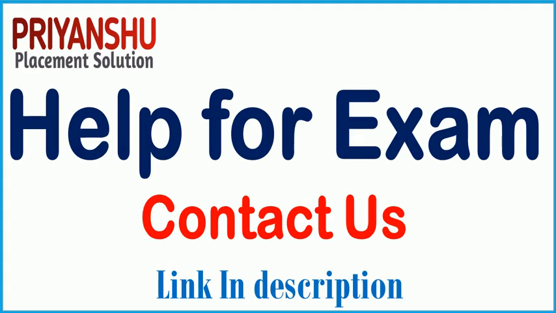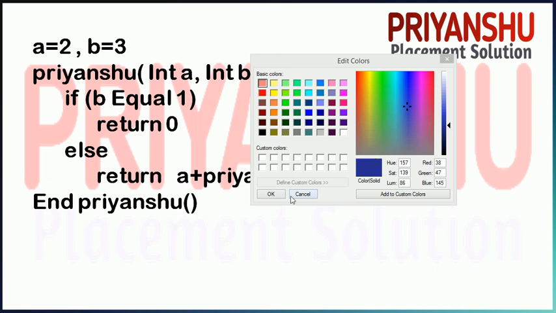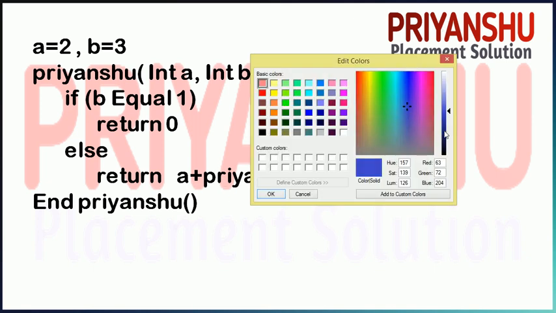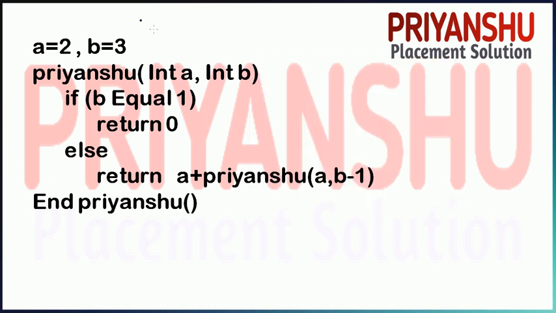So now friends, this is basically our first question. I just changed the color, just wait, give me a second. So friends, see the value of it. We declare the variables a and b in that, and Priyanshu is the name of the function. Okay friends, when I write the code, I just take Priyanshu as the name of the function in every pseudocode, so don't mind this. So see, the value of a is basically 2 and the value of b is basically 3.